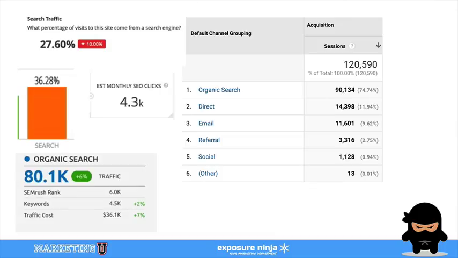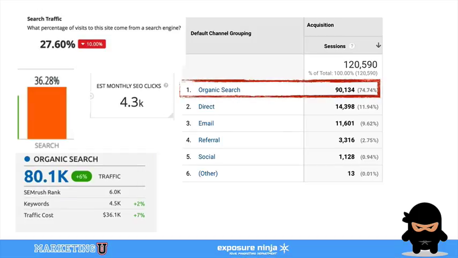Here are the actual stats, right? The actual stats from this site's Google Analytics. So this is accurate data. Organic search doesn't make 80,000, it doesn't make 4,000, it makes 90,000 people per month, right? 90,000 sessions per month. It's not 27% of their traffic, it's not 36% of their traffic, it's 74.74%. So if you'd seen that 27% of their traffic was coming from SEO, you might say, well,